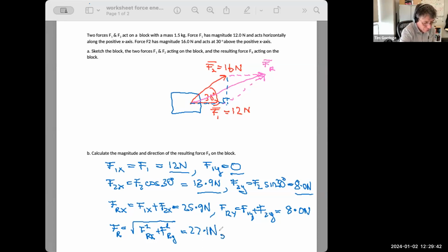So that's the magnitude of the resulting vector. And the angle of the resulting vector, we can calculate that with a little bit of trigonometry also. To do that, we just have to remember that the vertical component of the resulting vector is this side here of a right angle triangle. The horizontal component is this side here of a right angle triangle. And together, that horizontal and vertical components of this right angle triangle with the resulting vector